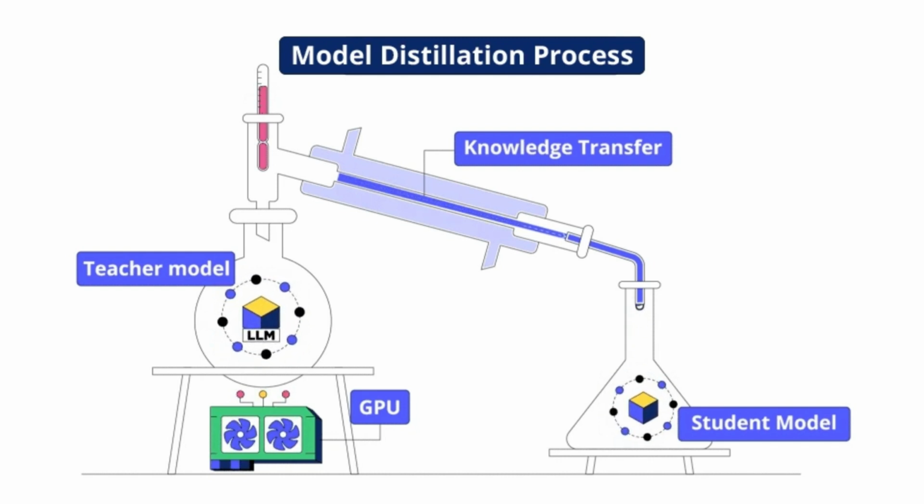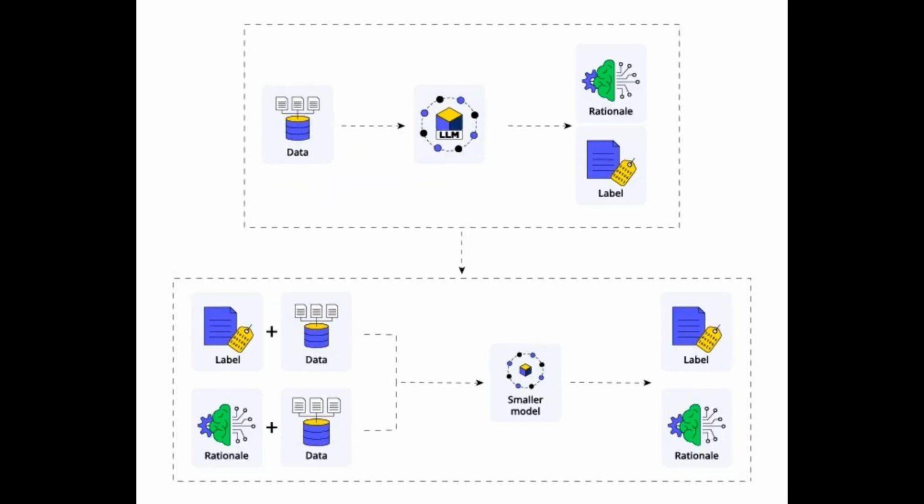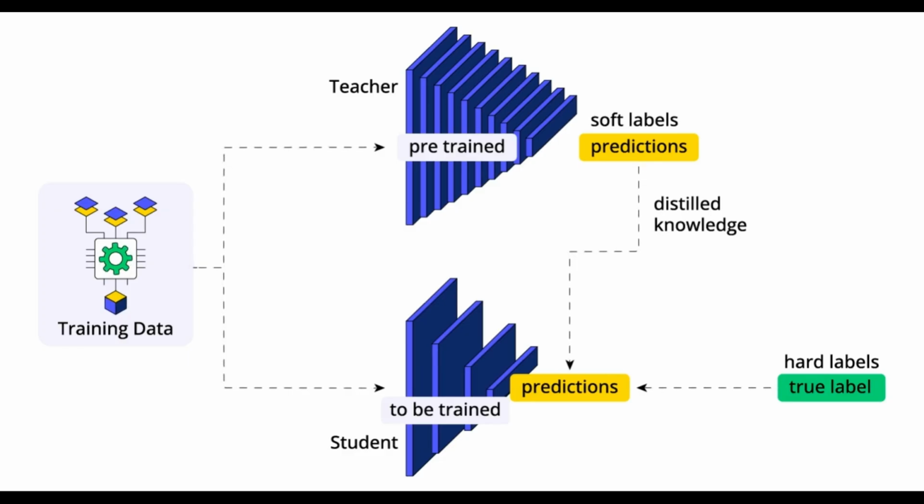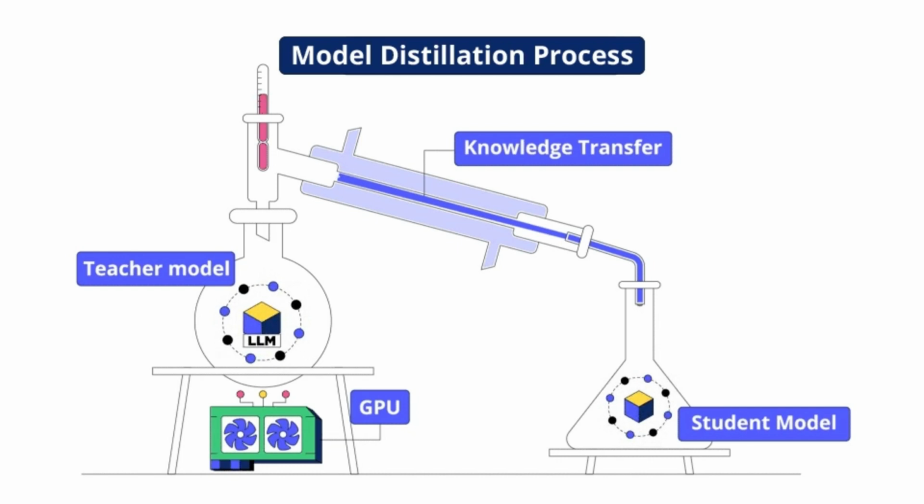You might lose a tiny bit of accuracy compared to the enormous teacher model, but for many applications, that's a totally acceptable trade-off. And don't forget, you can combine distillation and fine-tuning. Distill first to get a leaner baseline model, then fine-tune it on specialized data. That way, you're not dealing with billions of parameters every time you want a domain-specific LLM.